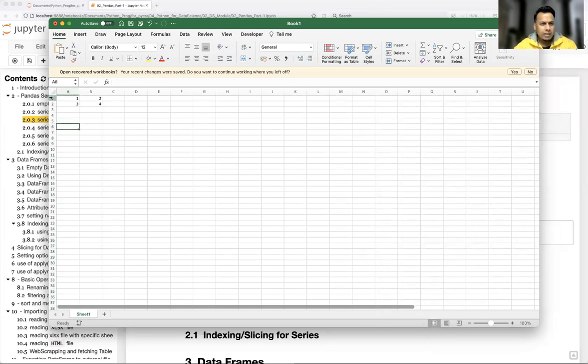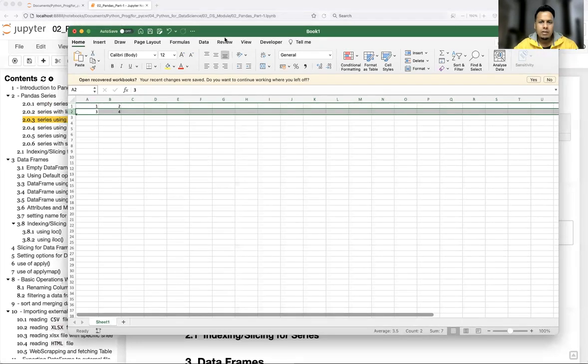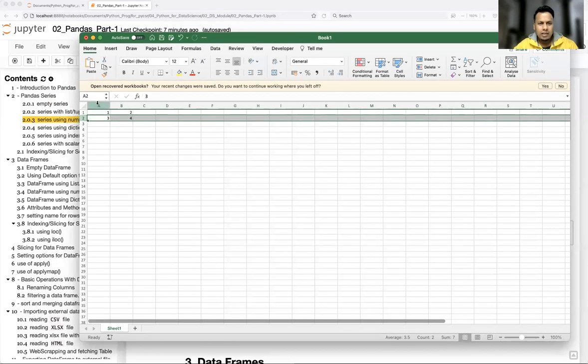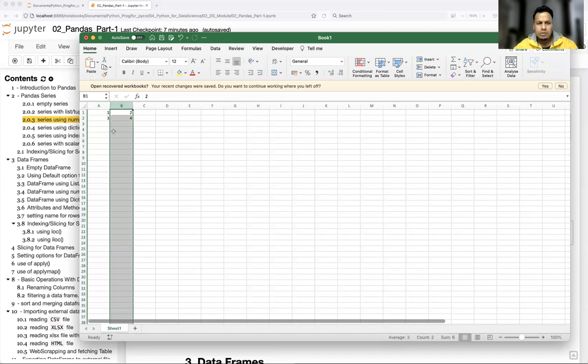And if I talk about the rows, in one row I have 1, 2, and in another row I have 3 and 4. So in general, whatever database or big table data you maintain, everything will have at least a column and row combination. Each column or each row, whatever set of elements you see, is nothing but a series of elements.